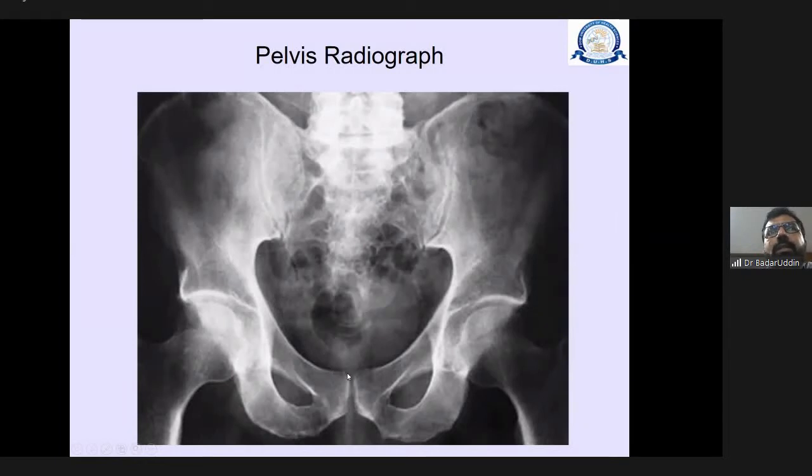Once you read this, there are some other important points we usually see whenever we see the X-ray. We draw some lines. If you draw the line, number one, the superior part of the superior pubic rami, go upward, this is the anterior part of the acetabulum. And if you draw this line from the anterior part of the superior pubic rami and go laterally, coming into the neck, this line should be straight. Once there is a break, once there is a fracture, this line will be discontinuous somehow. So this will indicate some neck fracture, maybe fracture of the superior and inferior pubic rami. So these lines are important as well.